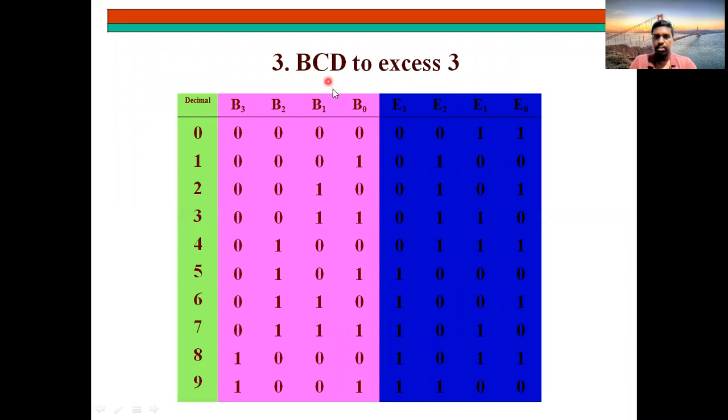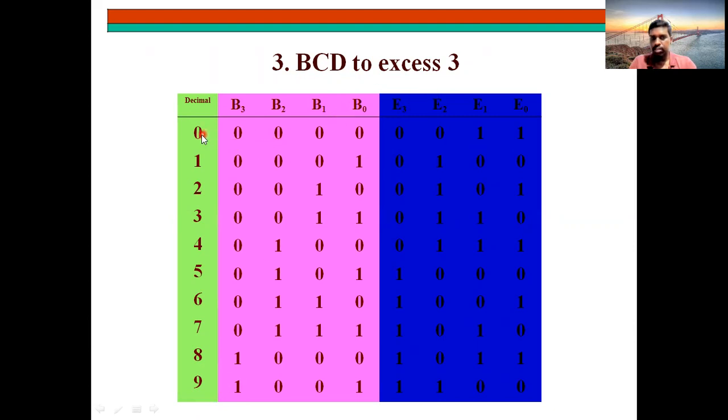Now see the third one, BCD to XS3. So you just line up to 9. Why? Because if it is more than 10, it is a very tough task, but no problem. If you are interested, you can add 10, 11, 12, up to 16 also. So take them and convert to XS3.